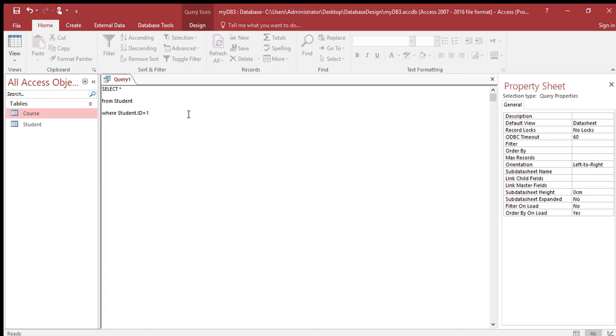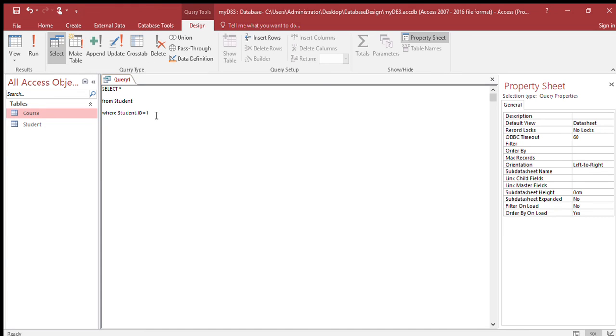Oh yes. So where student.course ID is equal to course.id, and if I say run,